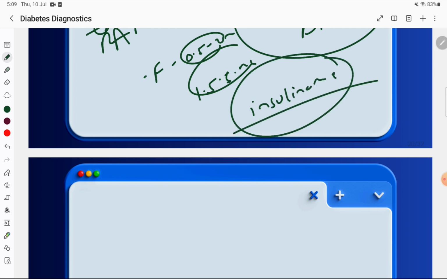So sometimes one might miss this rare condition of insulinoma, and that is confirmed with high